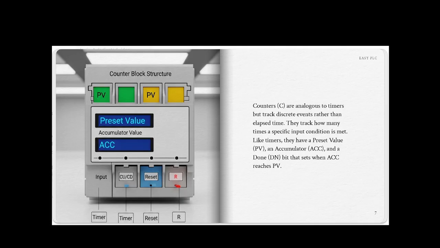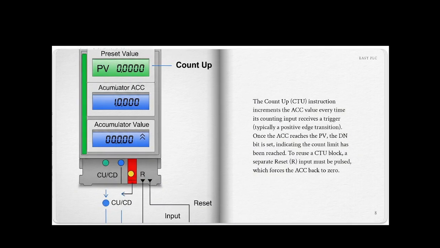Counters, C, are analogous to timers but track discrete events rather than elapsed time. They track how many times a specific input condition is met. Like timers, they have a preset value, PV, an accumulator, ACC, and a done DN bit that sets when ACC reaches PV. The CountUp, CTU, instruction increments the ACC value every time its counting input receives a trigger, typically a